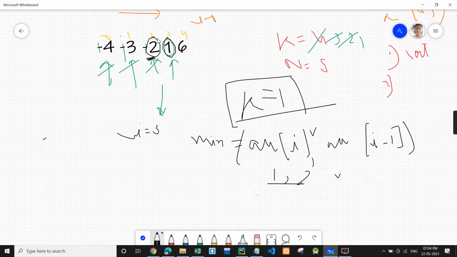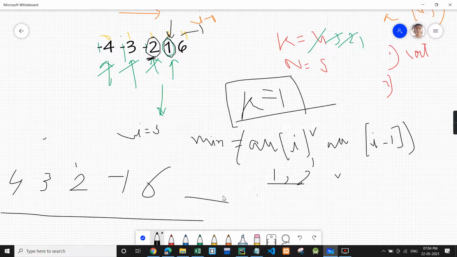So we will make this one negative, so minus 1. So the overall array will be 4, 3, 2. Earlier we made I minus 1 negative, right? But over here I was smaller, so we make that negative and we'll calculate the sum. So the sum will come out to be 4 plus 3, 7, 9, 8 and 14. So the output will be 14.